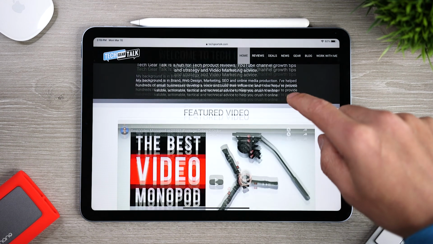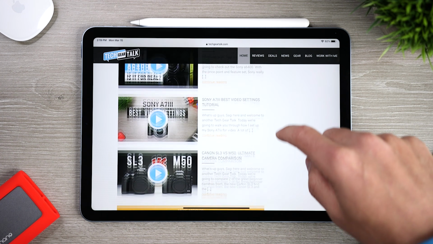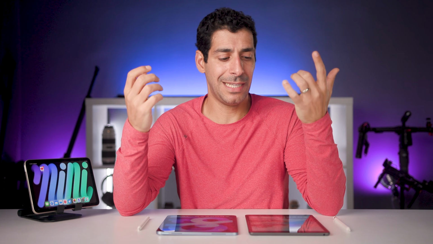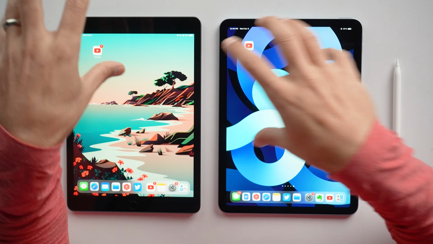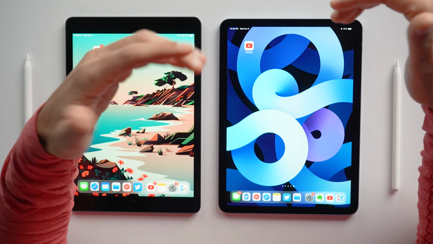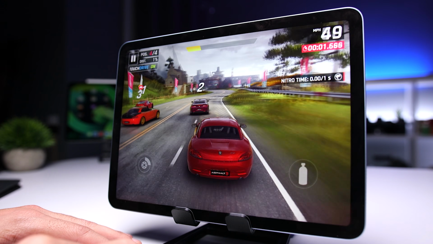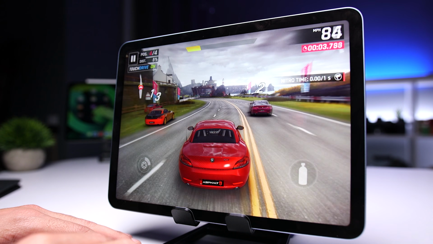Both iPads are rated for 10 hours of surfing the web on Wi-Fi or watching video, and then 9 hours when using cellular data. Now, I've been running some tests, and so far, the iPad 9 may be ever so slightly ahead of the Air 4 in terms of battery life, but I'll publish my final results in a follow-up video. When it comes to gaming, both iPads were a ton of fun.